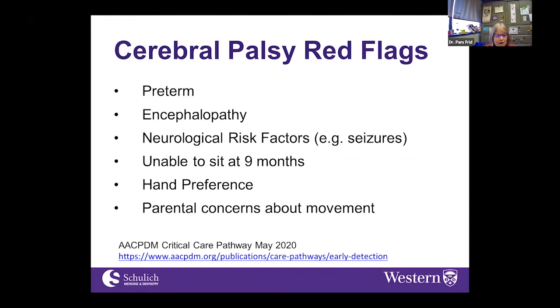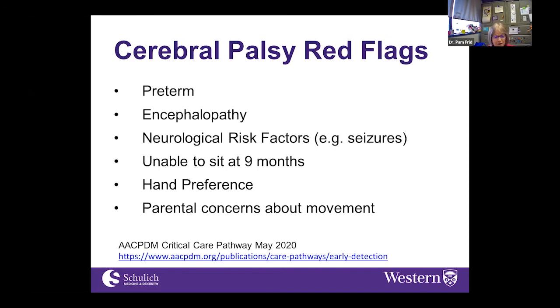There's a big push going on now because this is a really new development in terms of which groups of children we can be more proactive with. And so we now know that for cerebral palsy, the old adage that we learned in school was that you couldn't diagnose cerebral palsy under the age of 2. And this has now been proven to be very, very incorrect. We now know with good long-term research that there are these risk factors that I've listed here that if any of those are present in the children, we need to watch them much more carefully for the development of cerebral palsy.